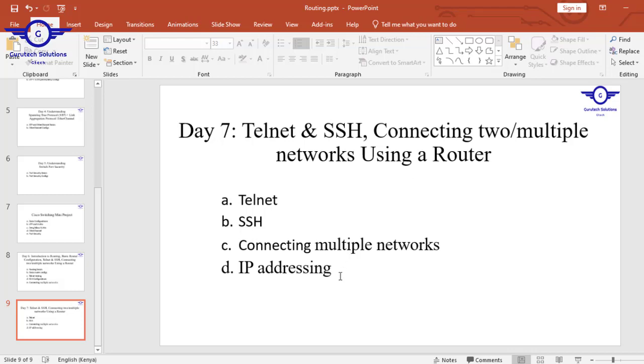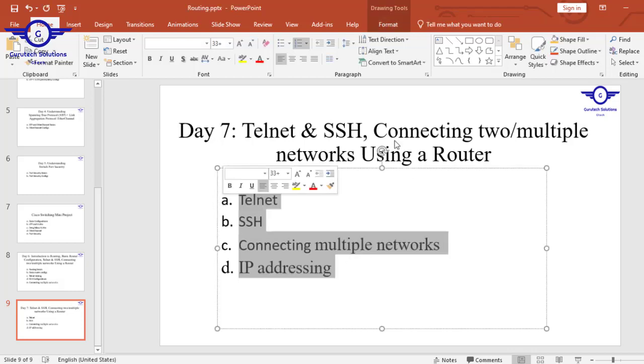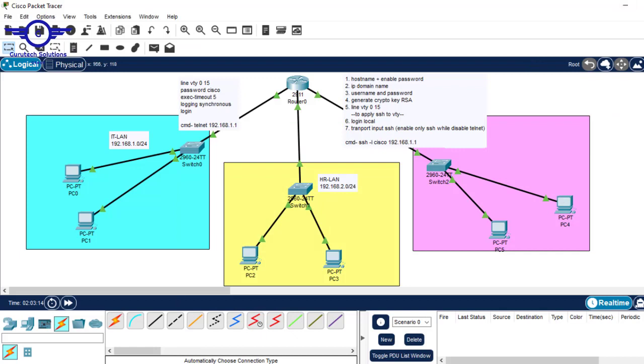Okay, so I think that marks the end of this class today. In the next class, I want us to introduce a very important concept in routing or in networking in general, the concept of IP addressing, because everything everywhere will be using IP addresses. So that's why we need to know